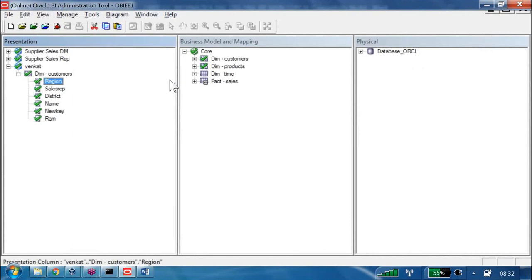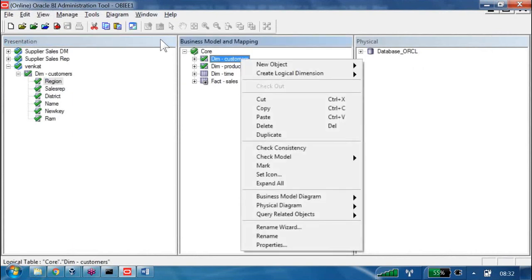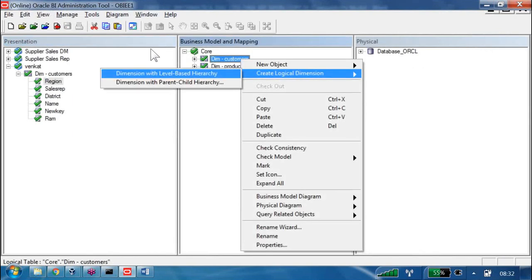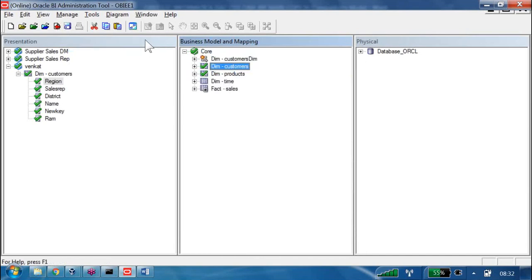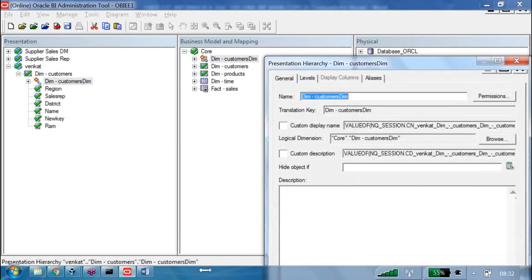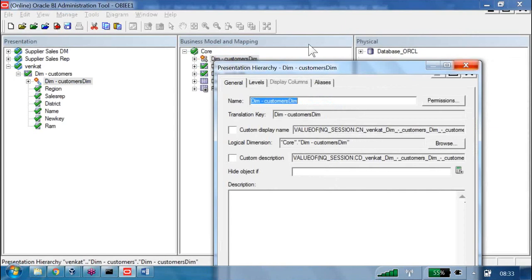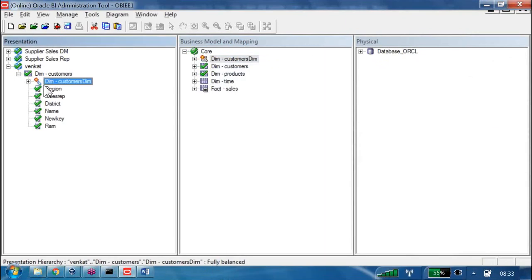Whatever we have as this column is the presentation column. Actually, I didn't explain one thing, which is called hierarchy. Down the line, I am going to explain it. If I create a hierarchy here, I can also drag and drop that hierarchy here. If I drag and drop a hierarchy object here, it is called a hierarchy object. Now tell me, how many types of objects do we have in this layer? Four types: subject area, presentation table, hierarchy object, presentation column.